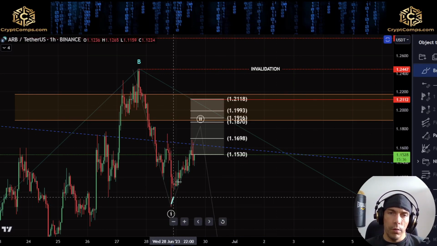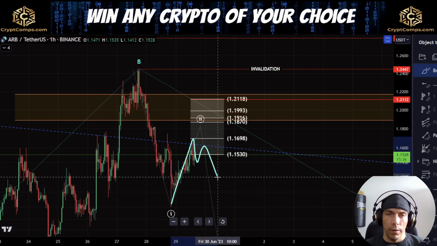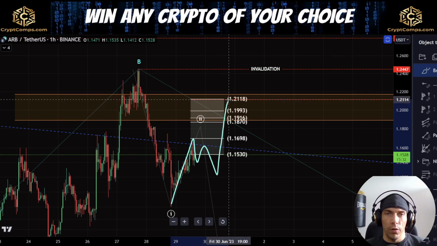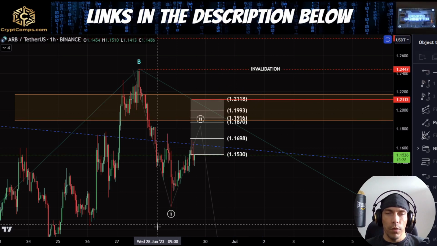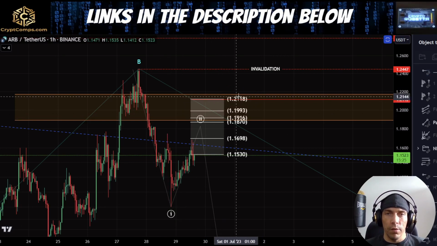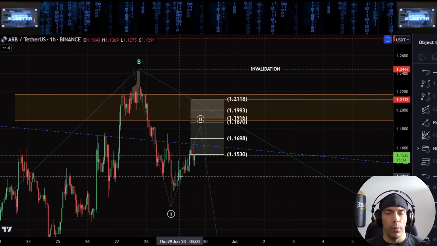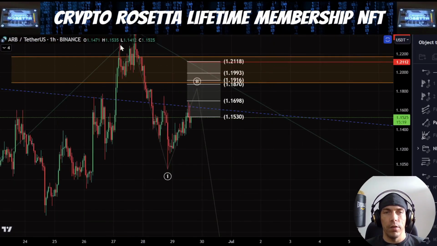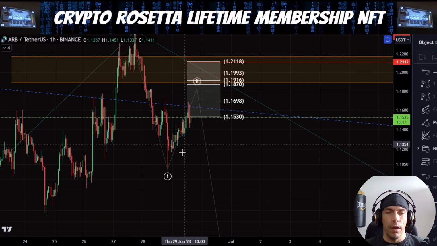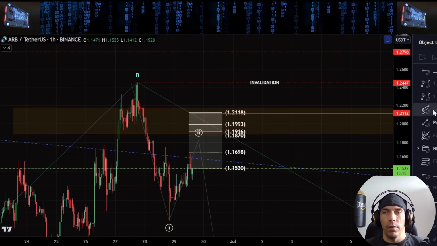So if we do see price do this, we get some kind of a sideways move here and we push up one more time, I would be very interested to see how we react around this level, because this would be a 786 retracement and looking to sweep this naked point of control here, which could then actually change these targets to the downside slightly. But effectively, the idea would be the same. We'd only invalidate this by moving above